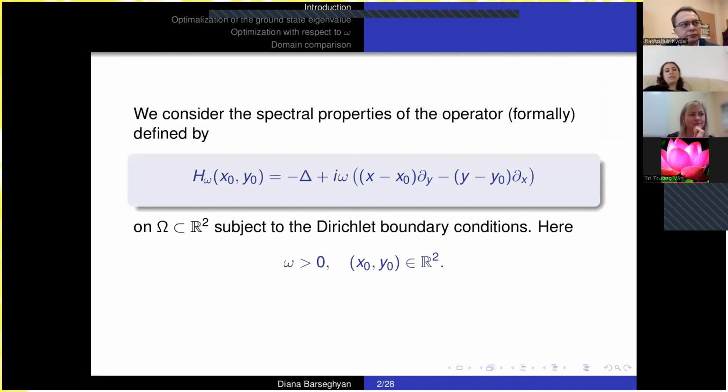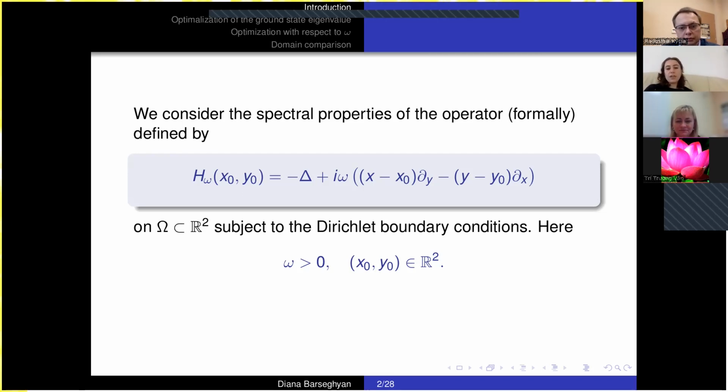During this talk, we will consider the following self-adjoint differential operator. This is the Hamiltonian. This operator is given in the two-dimensional space, more precisely in a bounded domain in the two-dimensional space R2. Omega is the domain where this operator is defined. The first component is the Laplace operator, minus delta is the usual Laplacian. Then we have the perturbation of this Laplace operator. The partial derivatives with respect to x and y, where x and y are the variables in R2.